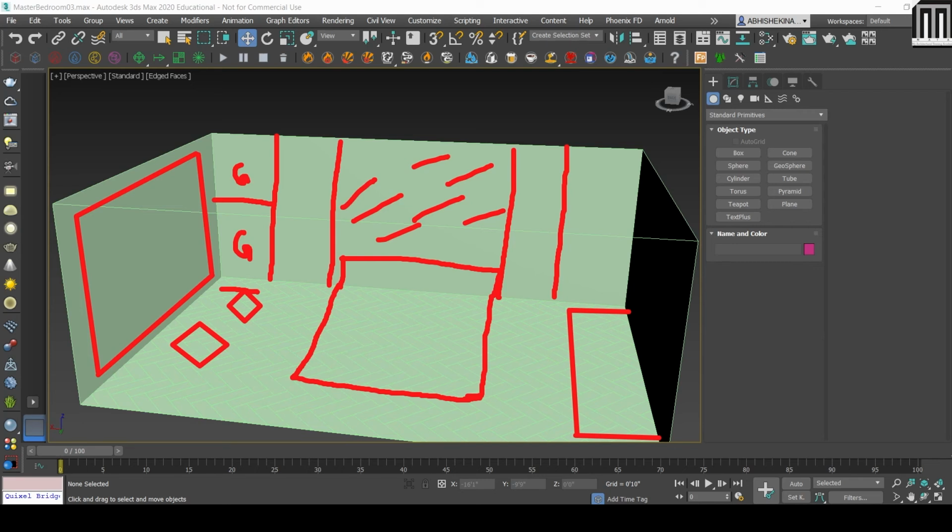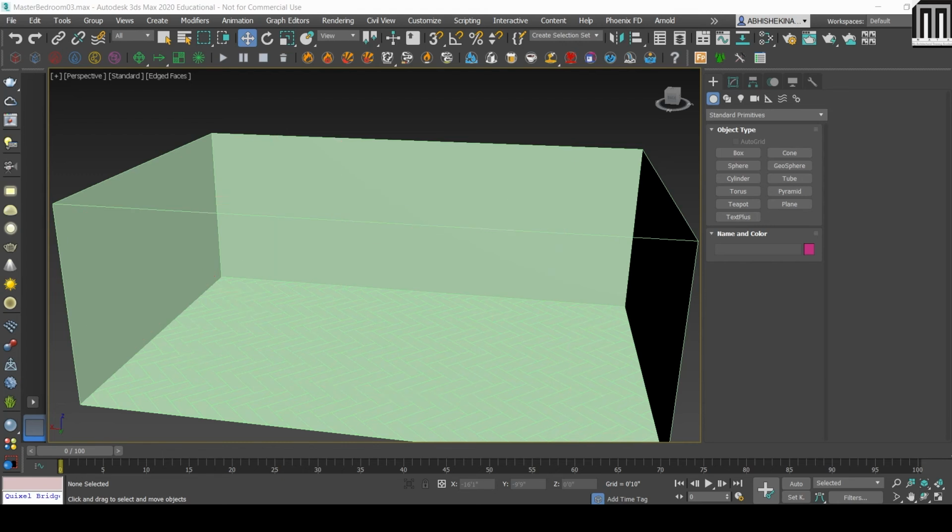If you do the planning very well, your execution and modeling become very simple. I put this cross mark only as a sign, because I have to keep a space for the wardrobe. And I'll put a door also. One by one we will start to place the objects.